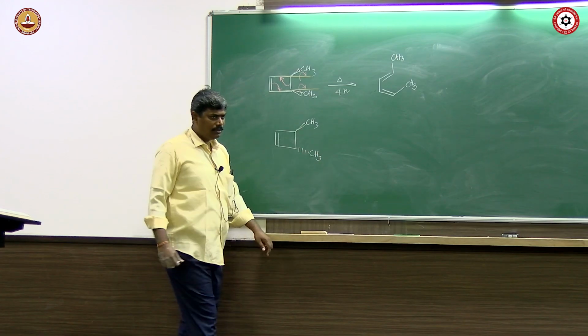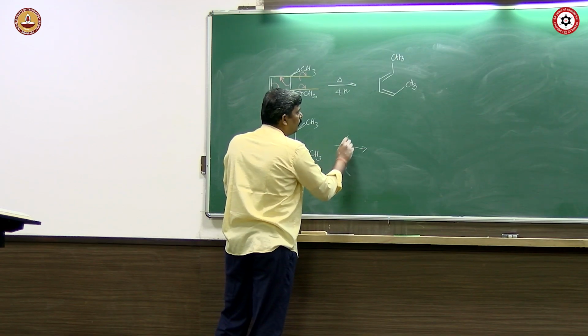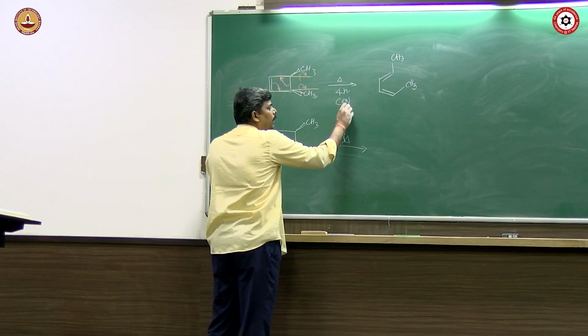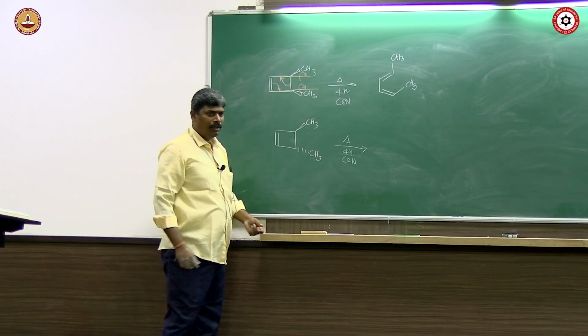I am taking a trans and doing a thermal condition again. Once again I have to do this. So always write it like this, it's always better. It's a 4n, a conrotation. Now